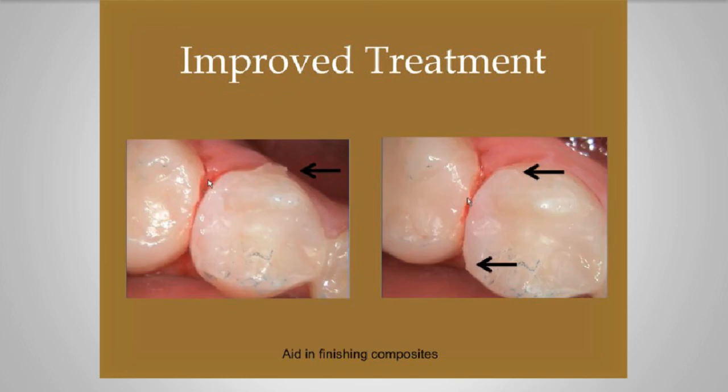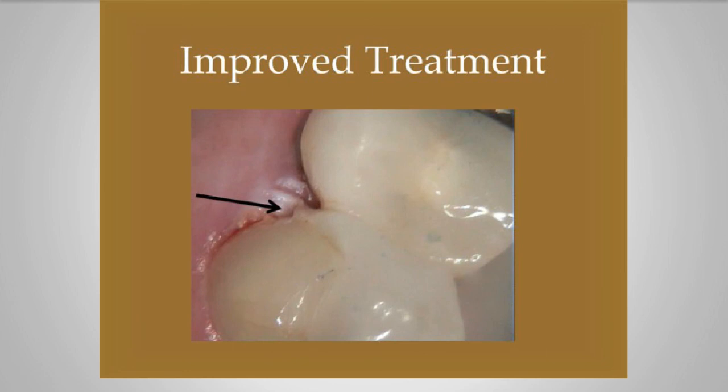Beyond that, sometimes I always pick up an intraoral camera before I'm finished, even with my loupes, because sometimes I miss something. I can see a flash, something that needs to be smoothed. Those are the kind of things we want to look at. There's a little bit of an overhang that needed to be taken care of. Those are the things that we need to be able to see. In many cases, even with my loupes, I miss them. So with the imaging, I see them on a big screen monitor, and I get to go back and improve